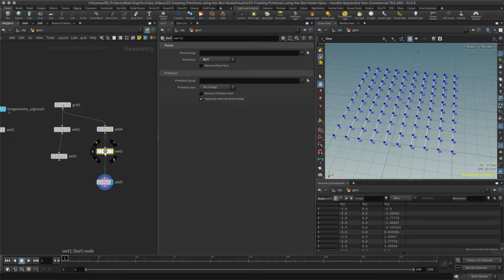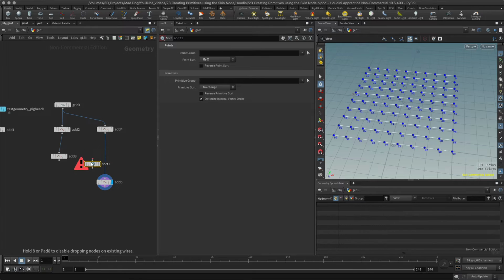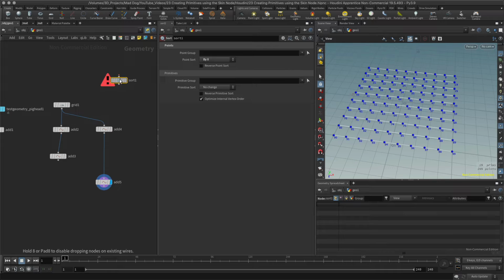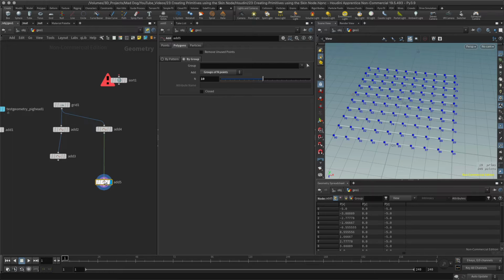I want to go back again to what we had before, and so all I'm going to do is actually disconnect this sort node. I do that by just wiggling it. So if I connect it there, you want to know how to disconnect it, just hold down, shake it a bit, and free it comes. Okay, then I'm going to go back to my add node,